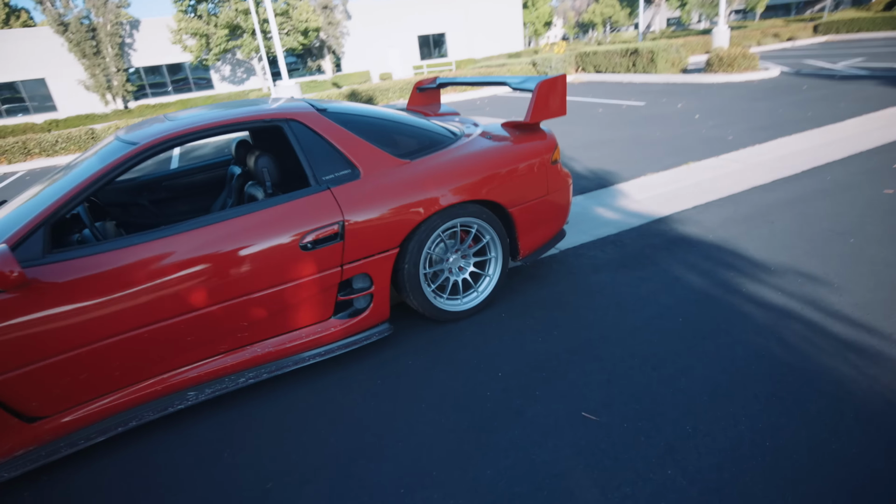Anyways, I ended up paying $800 for that wrap, and of course the labor is going to depend on the wrap shop. Expect to pay anywhere from $1,500 to $2,500 plus the wrap on top of that to do a full wrap job, especially on one of these cars, considering how big it is. This is not your average car. As you guys know, it's pretty long, so it does take a little bit more time to wrap something like this. You could wrap it yourself to save the time, labor, and price, but